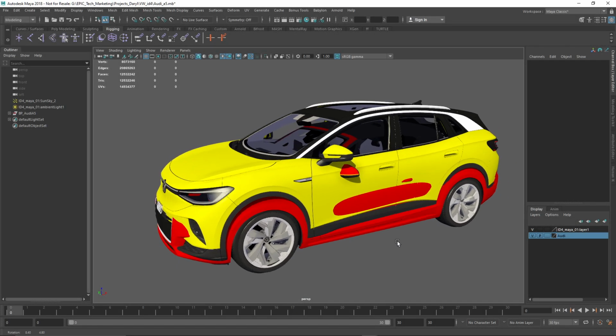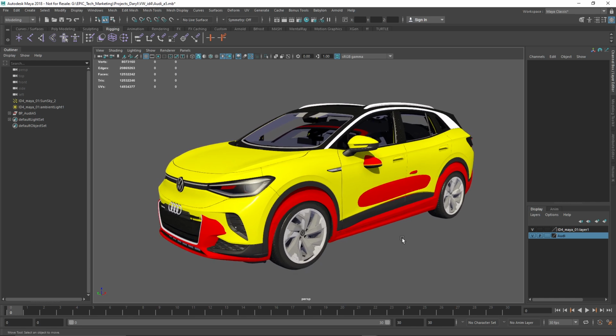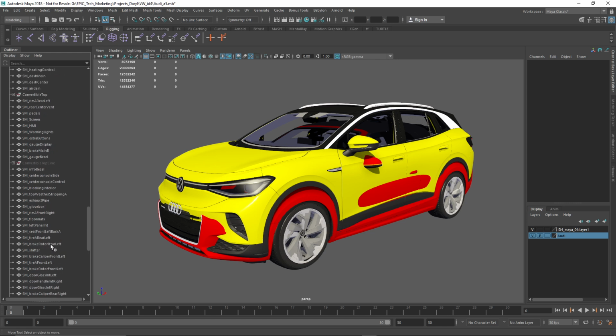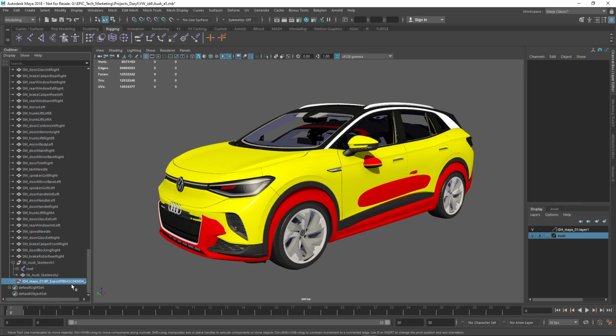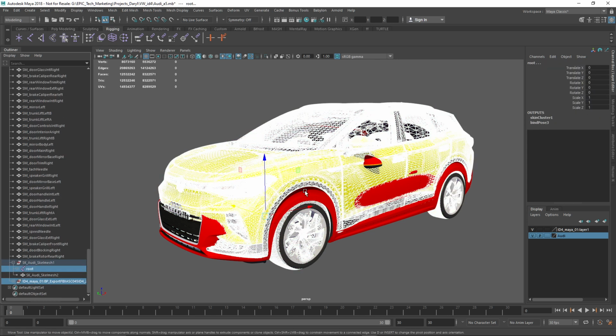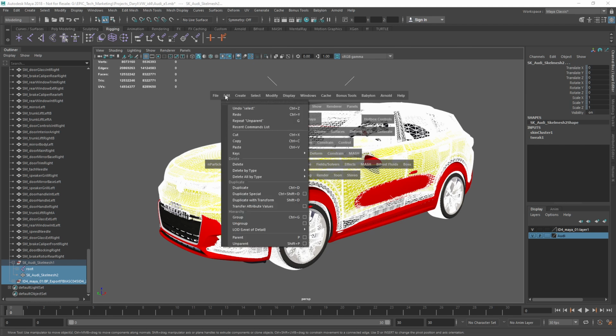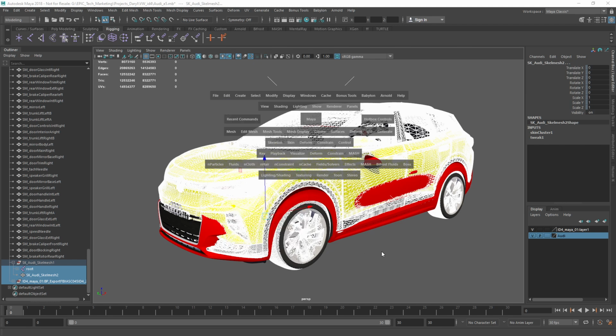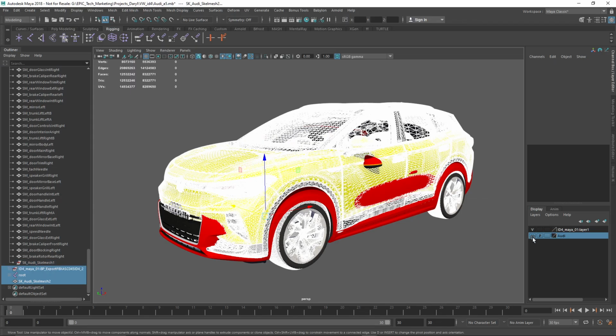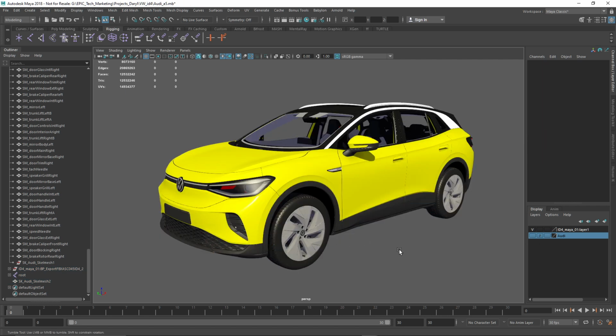All right, so here we are in Maya with the FBX file imported, and the first thing that I'm going to do is just unparent a couple of things to make it a bit easier to work with. So we'll grab the ID4 as well as that root node for the skeleton and the mesh that's bound to that skeleton, and we'll just do a simple Edit, Unparent. And with that done, I can go ahead and hide the display of the Audi just so it's a little bit easier to work with.